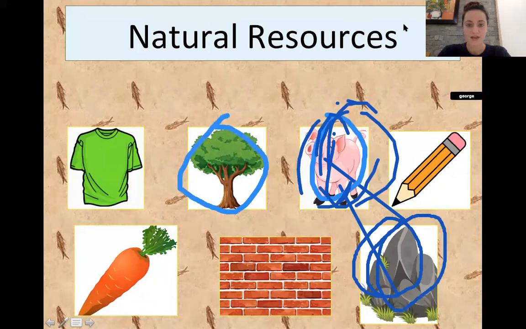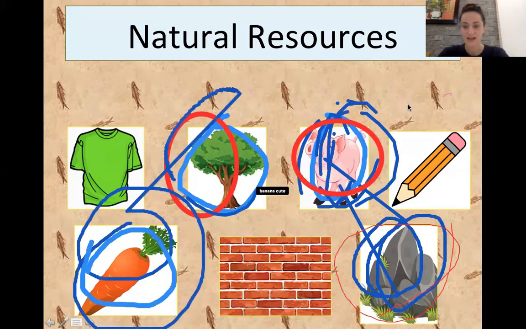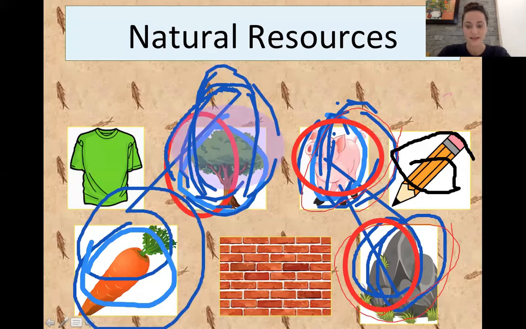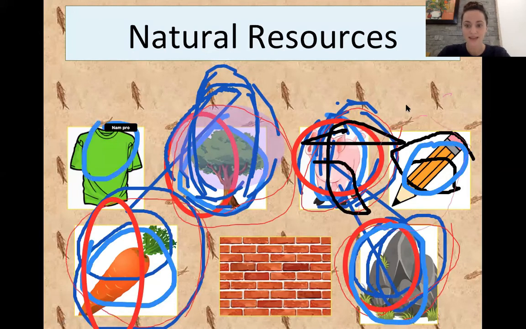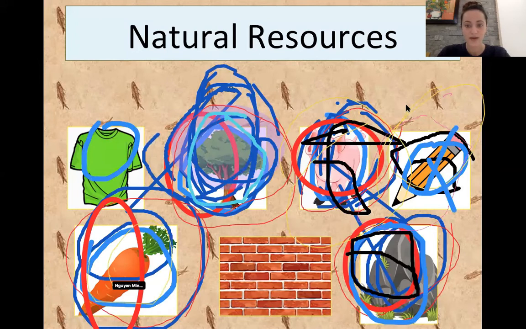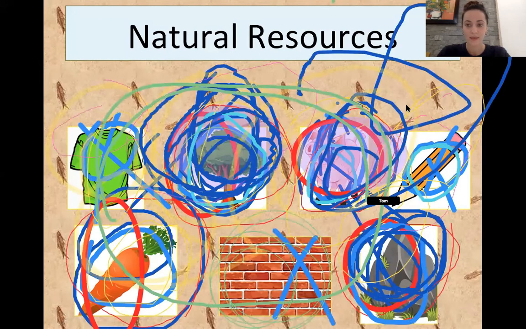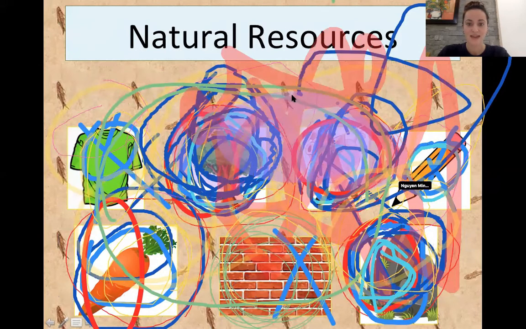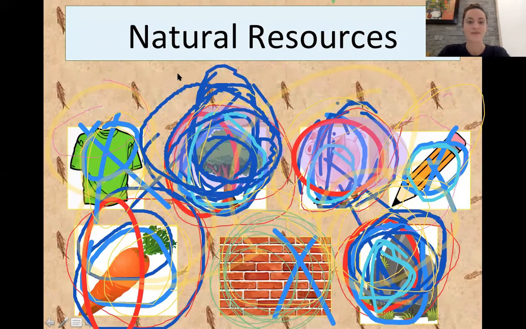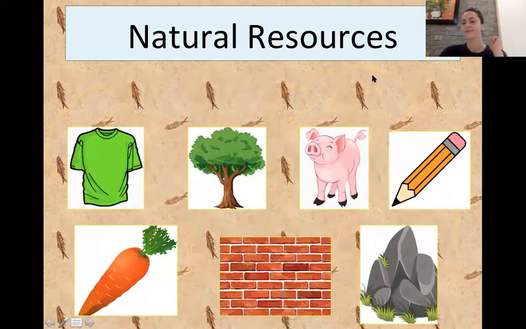All right, I see banana drawing, nice. I see Taylor, good. Looking good, everybody. Pasta, very good. Milk, excellent. All right, very good. I'll stop it there before we get too out of hand. Okay, let's take a look at how we did. All right, guys, we actually did really good. I see the most circles around the natural resources. So I'm gonna ask 2 questions and then we're gonna try again.